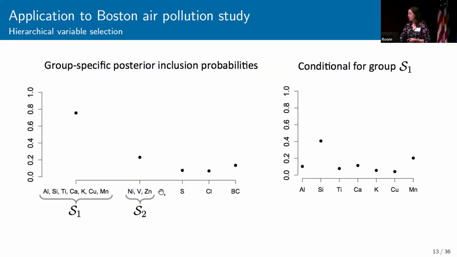And then the group including nickel and vanadium. So these were another group of correlated exposures, and it had a group-wise posterior inclusion probability of about 0.3. So it suggests that a bad actor might be likely within group 1. And then looking here on the right are the conditional posterior inclusion probabilities for those constituents within group 1, given that group 1 is in the model. And we're kind of seeing something a little bit similar to that first plot. There's nothing that's really jumping out. It might be that silicon or manganese could potentially be one of the driving exposures, leading to the impact of that group on the outcome.